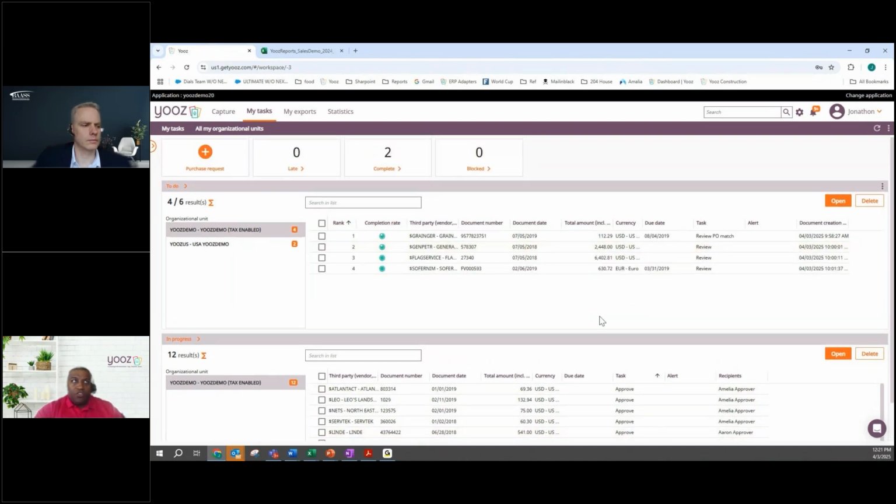And so inside of Yooz, I mentioned this earlier, if you need help with your purchase requests, purchase orders, we have a nice little button over here that we can activate where you can come in, create that purchase request, and have it go through a process, automatically send it to your vendors, receive against it or not. It's really up to your business and your organization. But from there, let's start here in my to-do list.